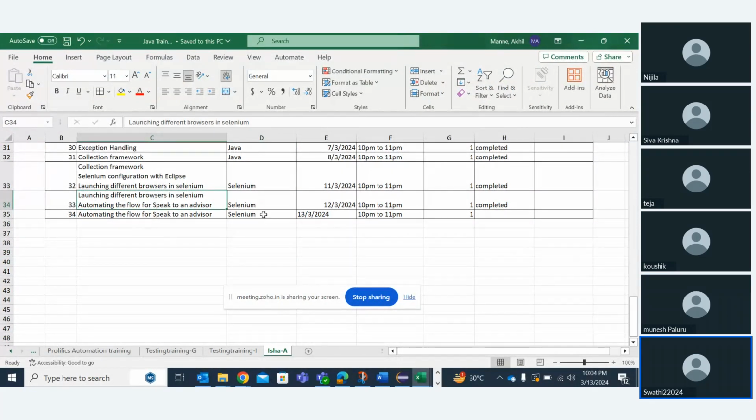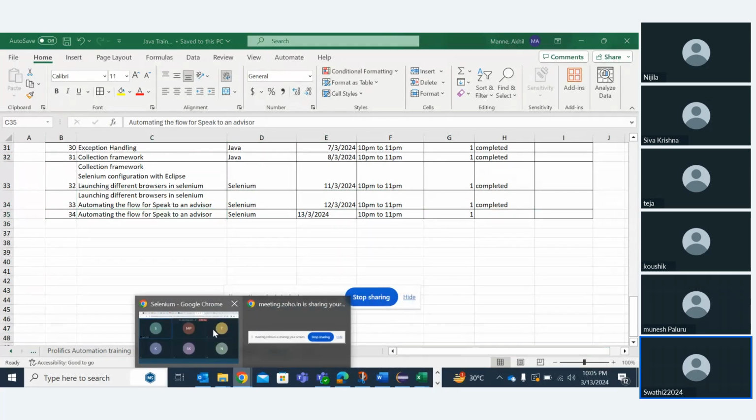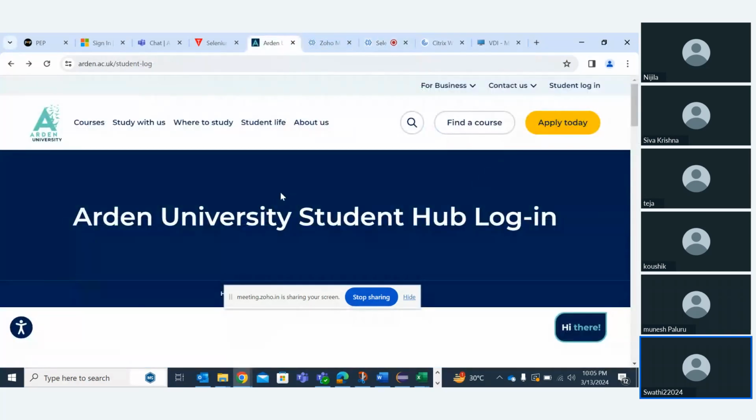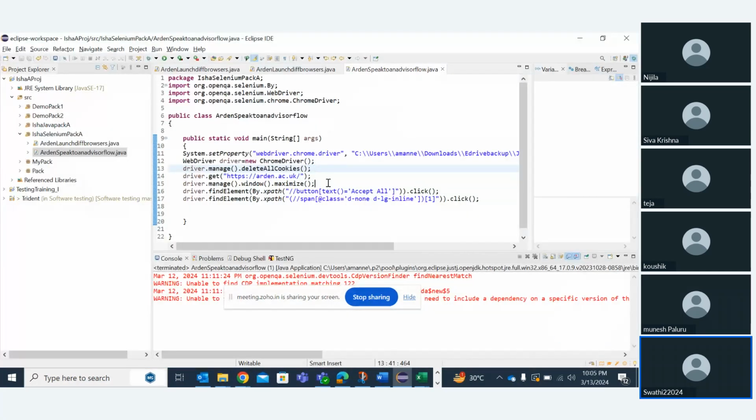So team, as part of yesterday's session, we have started working on automating the flow for the speak to an advisor form, right? So today we will be continuing with the same. As part of automating this particular flow, which is this one, I think before we start,